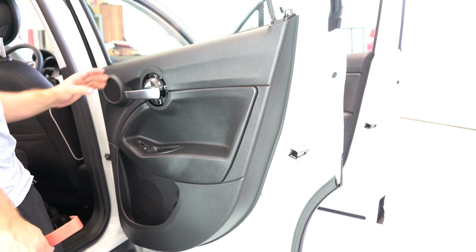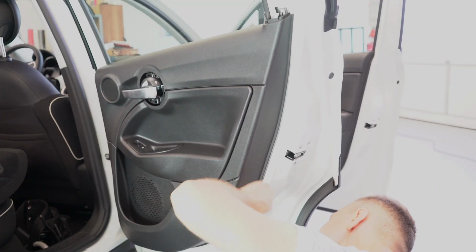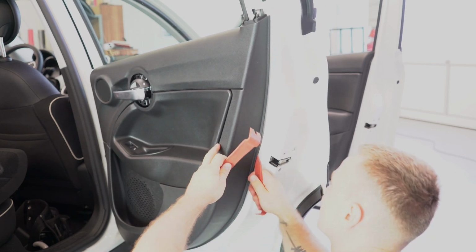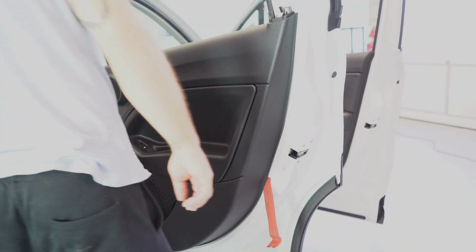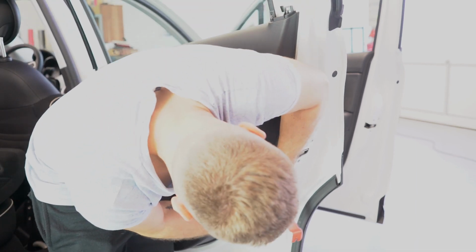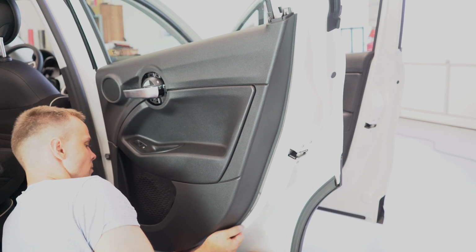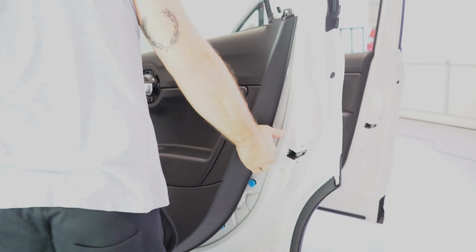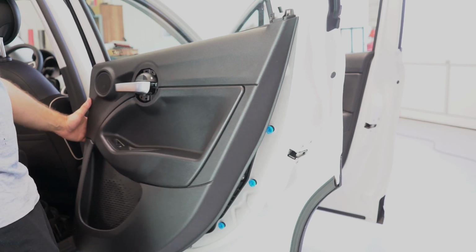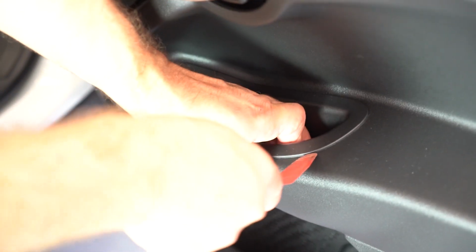After you take all the screws out, you'll have clips. There are some strong clips, sometimes they break, sometimes they come out easy. I'll try to put my hands under and pull to see if it's working. Now, after you take the door panel from the clips out, you slide it upward like this. You can take this out